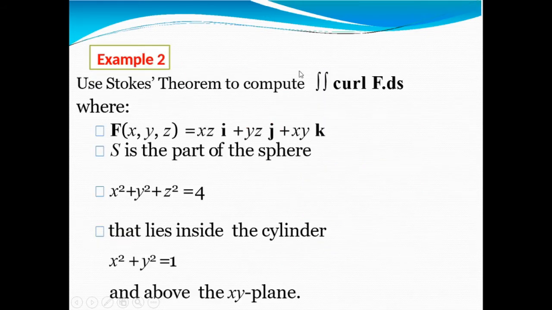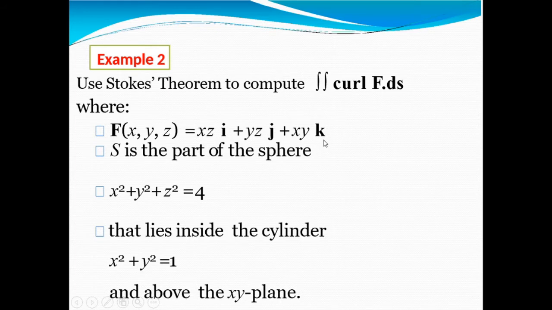So this is how we will be using a line integral and changing it to find out the surface integral. Also we will see one more example. Using Stokes theorem, we will compute the surface integral of curl F dot dS, where F of x, y, z is the function xz i plus yz j